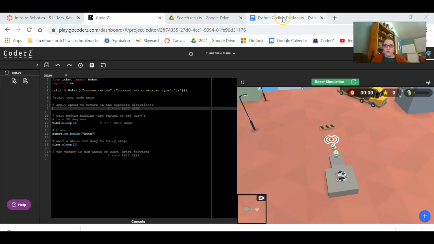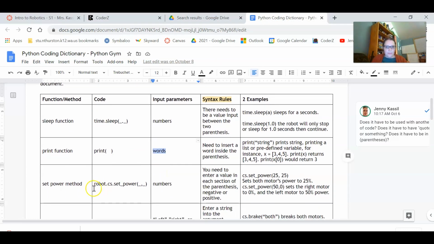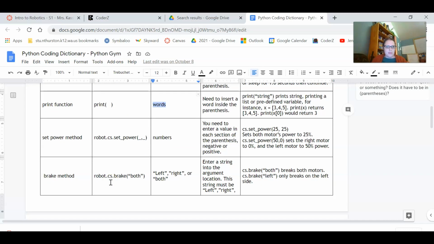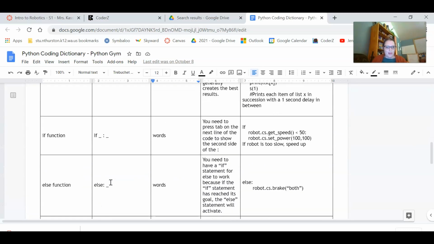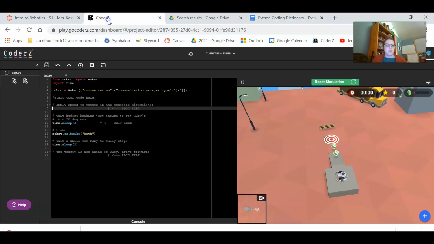Okay, so what's my code look like to make my robot go? So this is going to be set the power. Are we doing set speed or setting power? Does it matter? I wonder if I'm supposed to do speed. Okay, well we can do speed. Okay. So it says apply speed. Okay, so